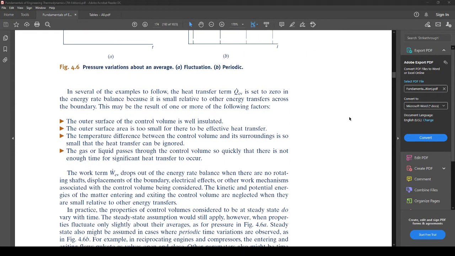So, it says, in several of the examples to follow, the heat transfer term Q_CV is set to 0 in the energy rate balance because it is small relative to other energy transfers across the boundary. This may result from one of the following factors. What it means is that the heat transfer term is set to 0 because it is small relative to other things. So let's say our